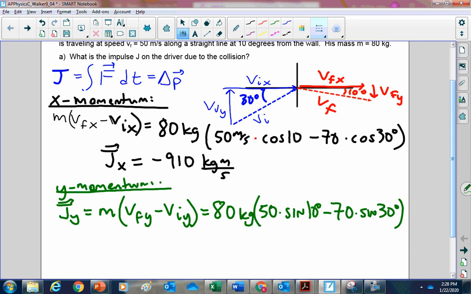Okay, and I'm just checking here the change in direction, because initially the driver was